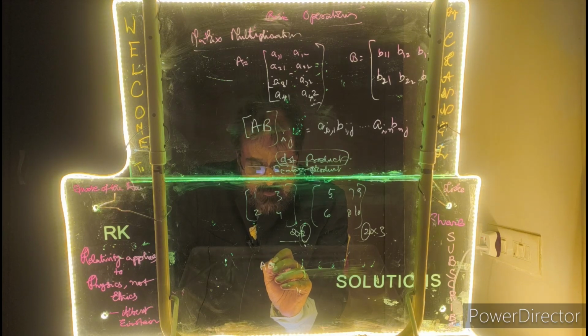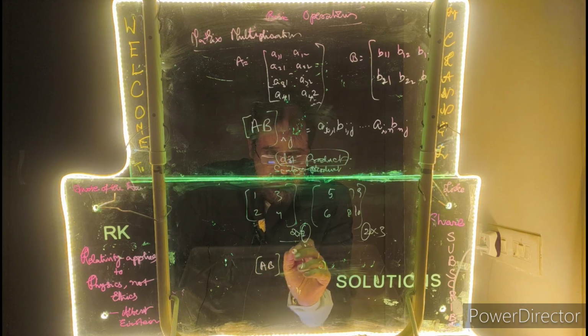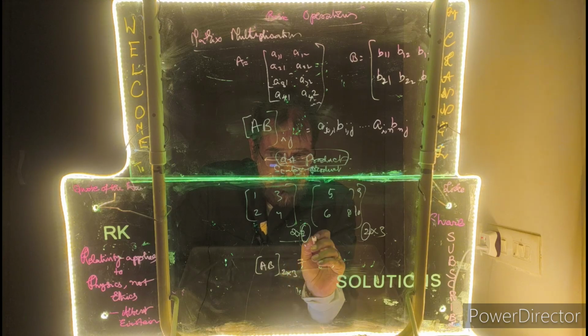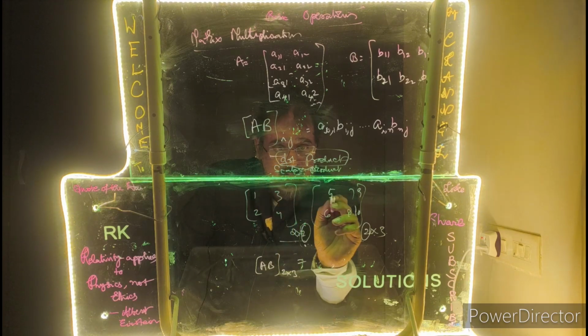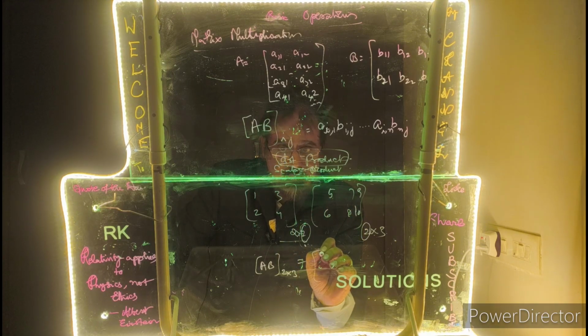So then (AB)ij, which will be 2 by 3, is equal to 1 into 5 plus